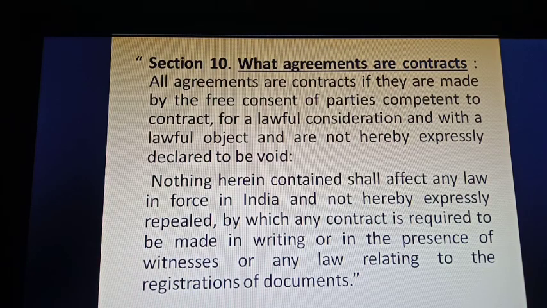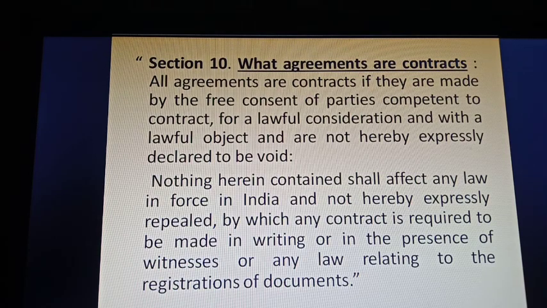If any law says that the contract should be executed in the presence of witnesses, then it should be attested in the presence of witnesses. Or if any law provides that a document should be registered, then the document must be registered. If this does not happen, it will not become a contract. The agreement will be void due to